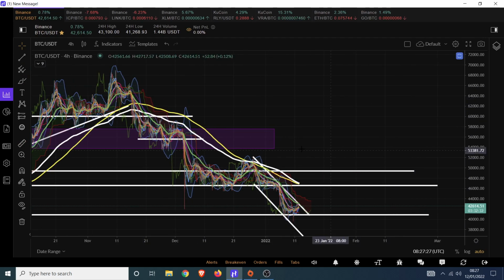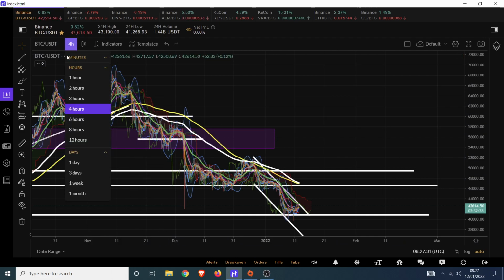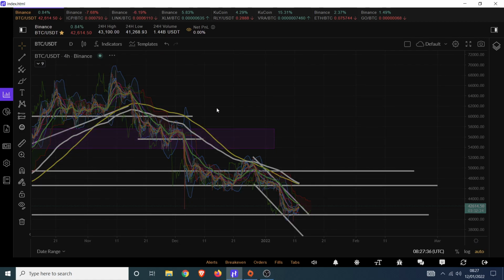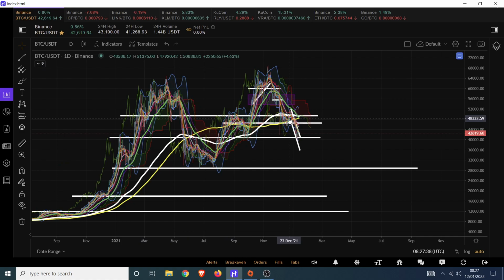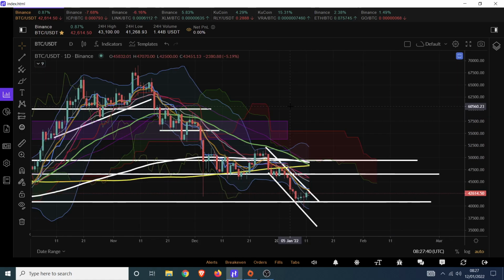So what I was saying about signals is that people like to play the death cross. Death crosses happen, let's go crazy. Especially on the 4-hourly, you could think about it as maybe a signal in the making and wait for us to come up and retest those moving averages before you go into a short position.